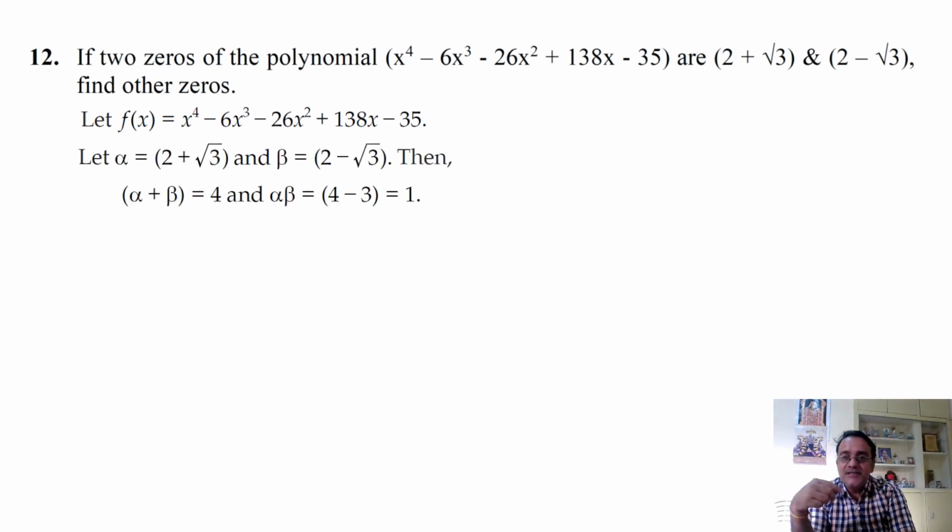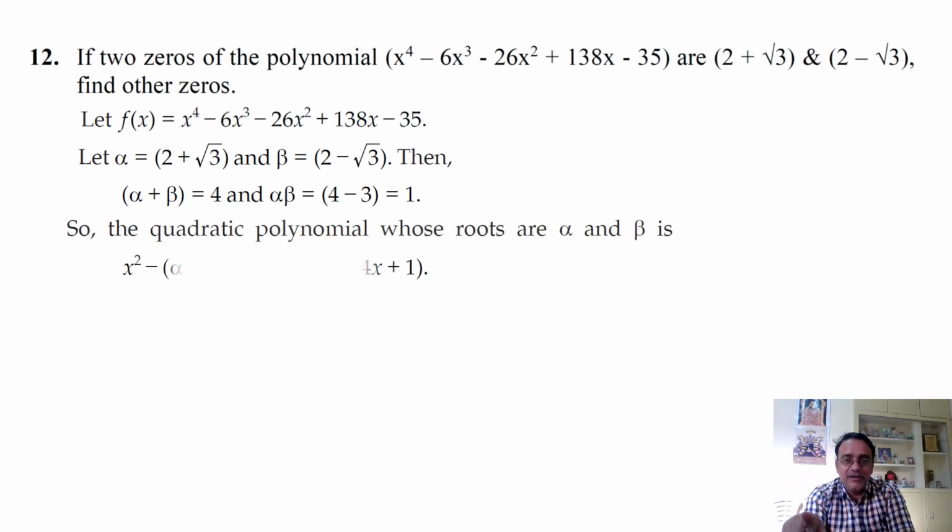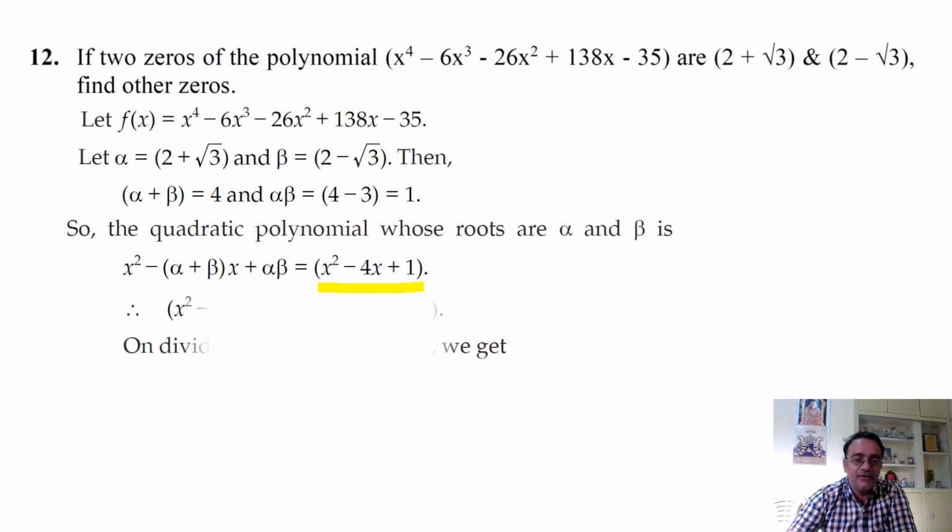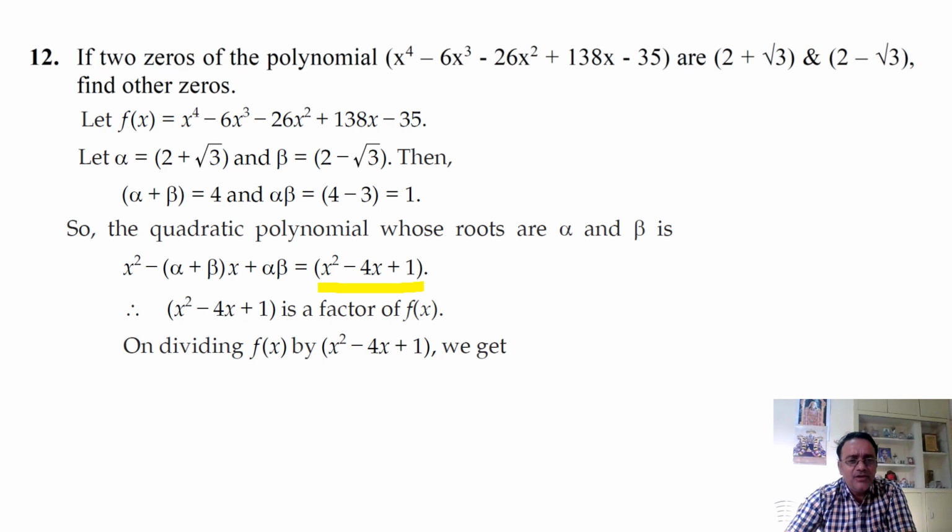So let alpha is equal to 2 plus root 3 and beta is equal to 2 minus root 3. So what is alpha plus beta? दोनों को ऐड करेंगे तो 4 मिलेगा, दोनों को इंटू करेंगे तो 4 minus 3 मिलेगा. That is 1. So we'll find the first quadratic polynomial, right? So we got x square minus 4x plus 1. ठीक है. So अगर ये वाला मेथड इजी ना लगे जो मैं क्लास में बताया हूँ, that also you can use. So x square minus 4x plus 1 is a factor of f of x.